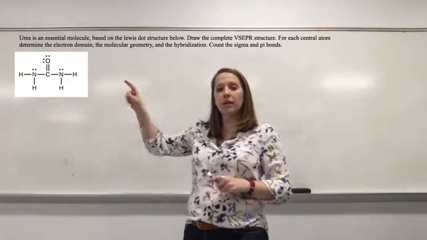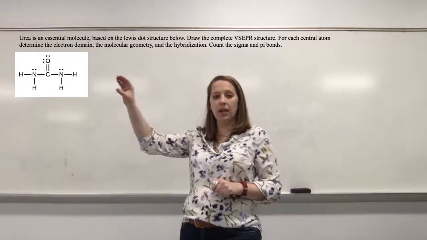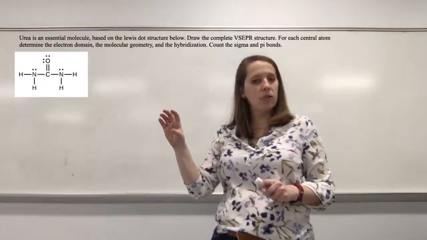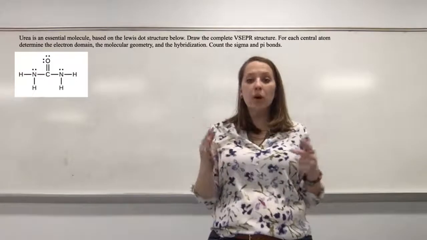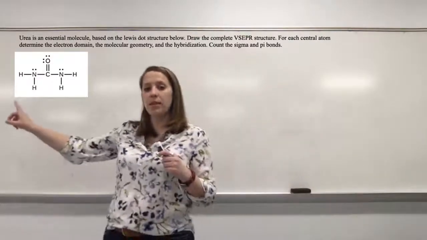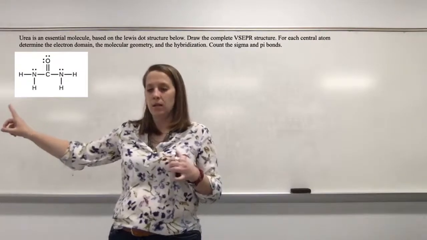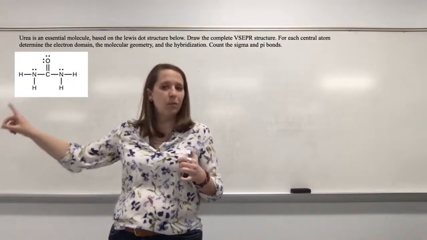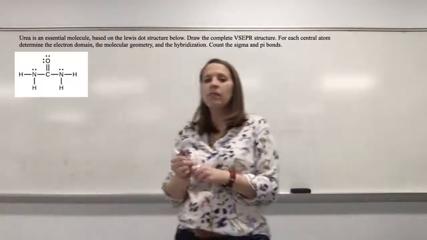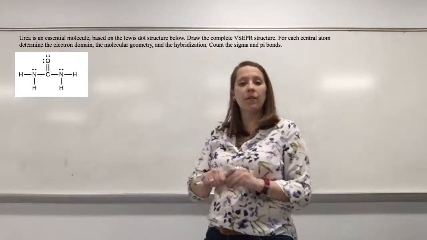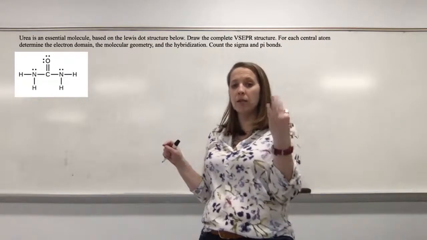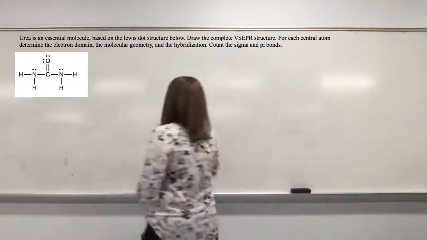In this structure, we can see H, N, C, and H. They're all in a line. All of those are probably our central atoms. Now we can draw each one at a time. I'm going to start with the nitrogen on this side, the left side of the screen, but it's the same on both sides, so it doesn't really matter. What I'm going to do is count. That nitrogen is connected to 1, 2, 3, 4 things: 2 hydrogens, a carbon, and a lone pair. Which means